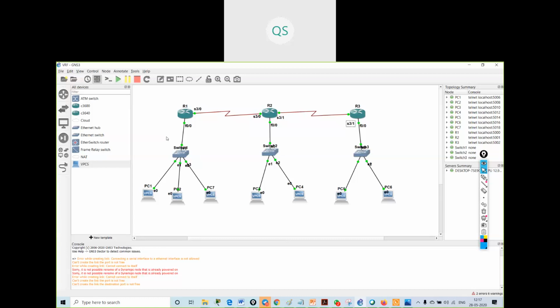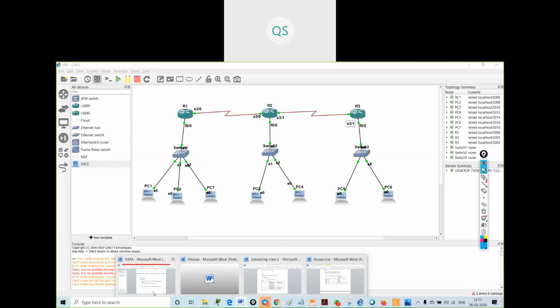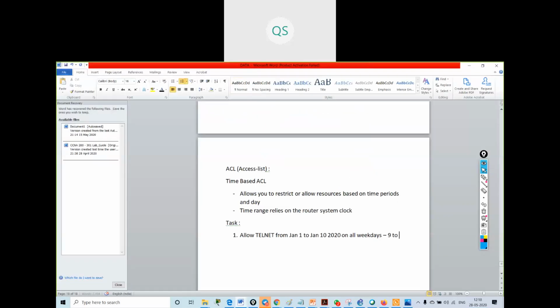I will give you the commands. So we will see the theory part first: what is the difference between IPv6 and IPv4 ACLs?